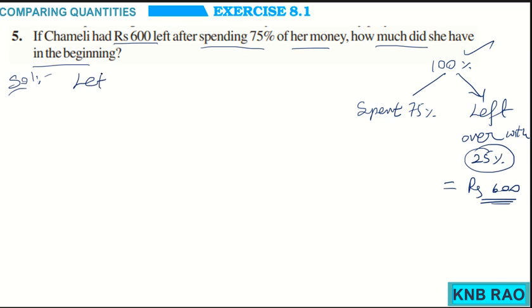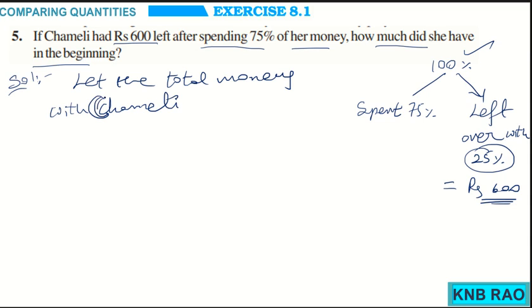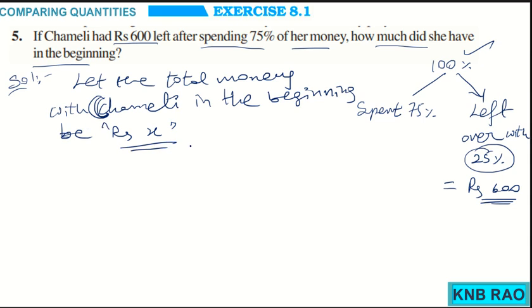So, I will assume, let the total money with Chameli in the beginning be rupees X. In the beginning, if she has rupees X, she has spent